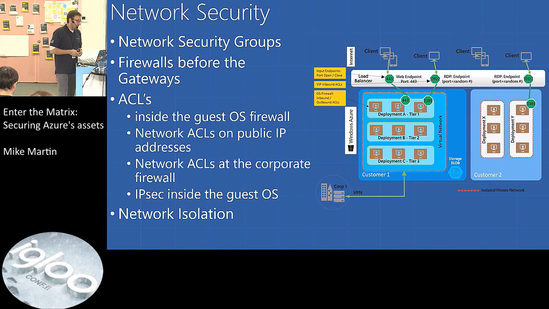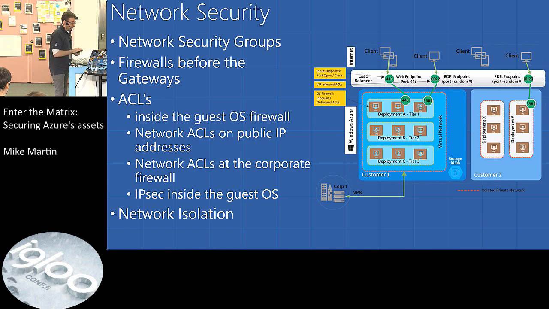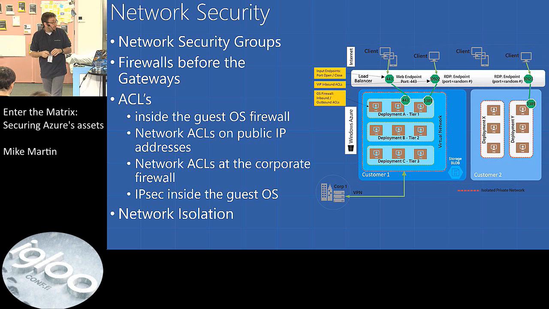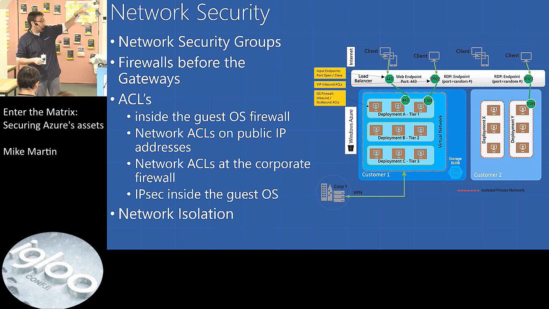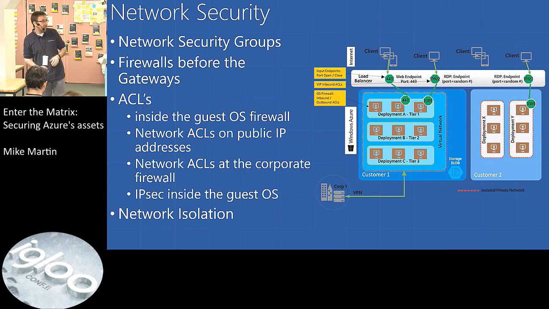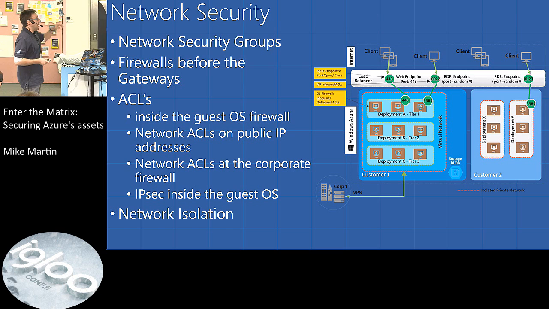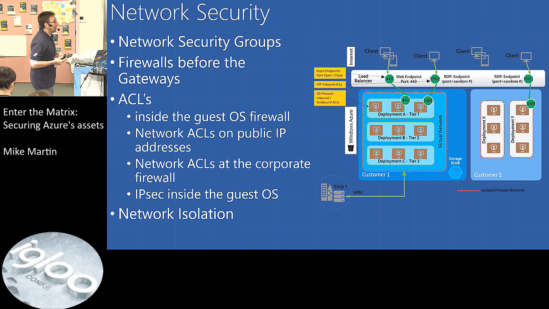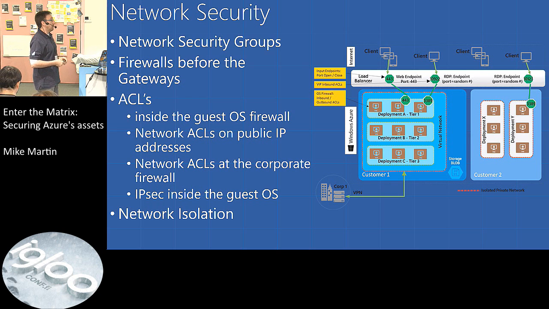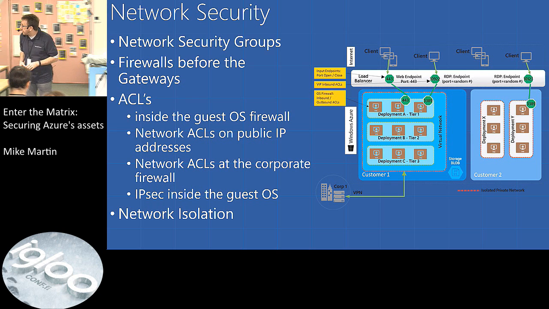And I'll show a little bit of script in a couple of minutes. And they use ACLs. And in the past, we had ACLs and network security separately. Now they're more integrated, and they couldn't be used together at a certain point in time. Yeah. You can still have inside of the guest OS firewall also some things in there, ACLs on public IPs and so on and so on.